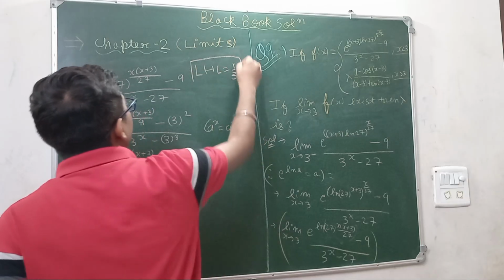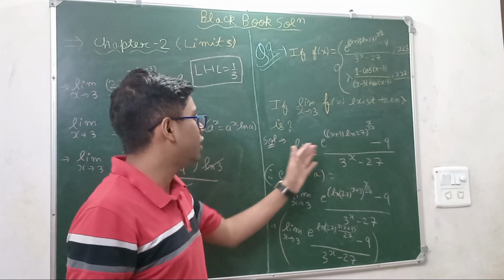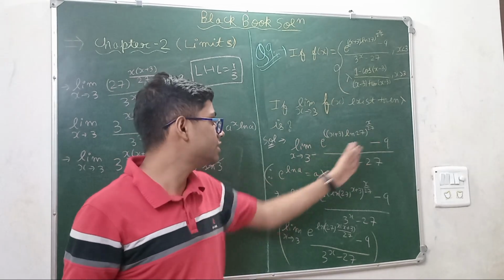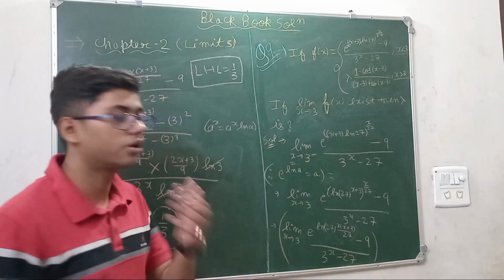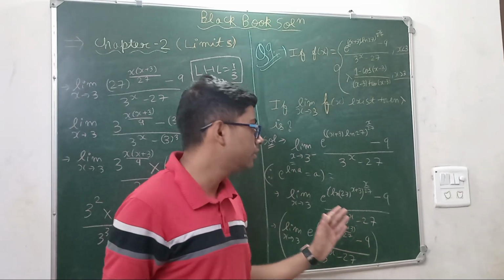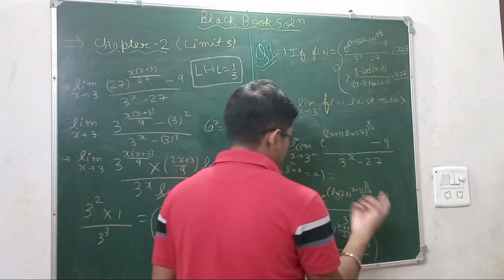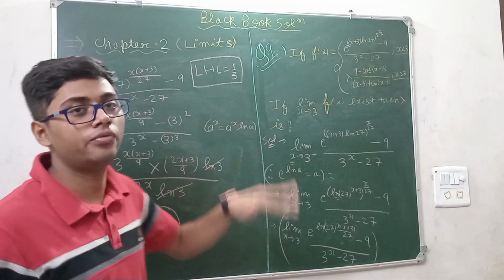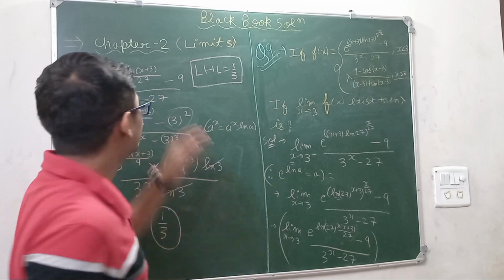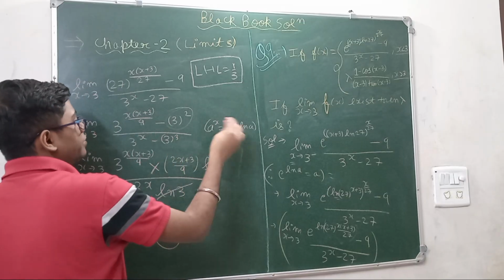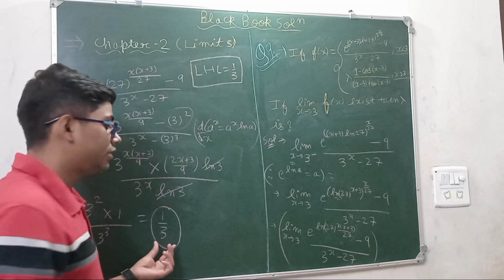Now, before solving the right hand limit, I am explaining what we have done again. Here the limit was given as e to the power something and minus sign upon 3 to the power x minus 27. We applied the property e to the power ln a is equal to a. We applied the property of log here, ln a to the power x is x ln a. Simply we have done this and our final limit is looking like this. Then we have written the whole thing in terms of a perfect square of 3. You can do it here also. Then we have taken the derivative with respect to x, which means we applied the L'Hopital rule, and we got the answer 1 by 3.